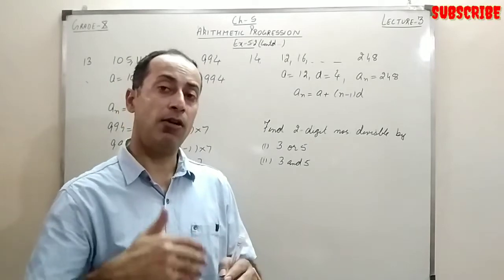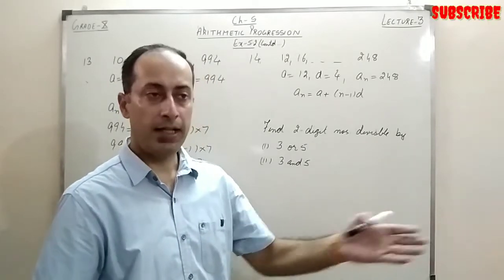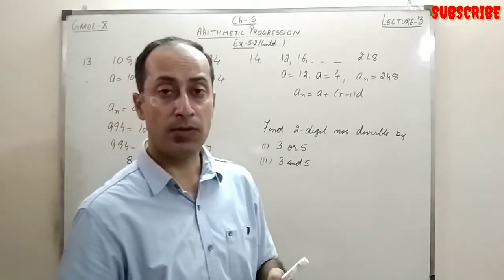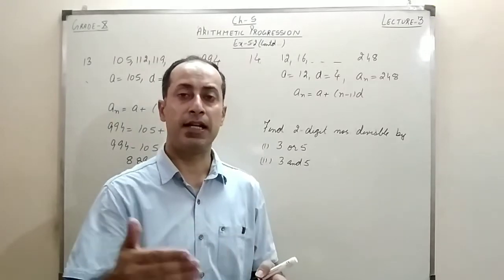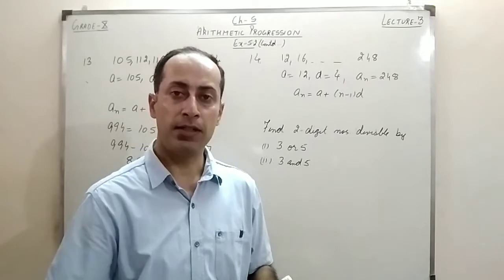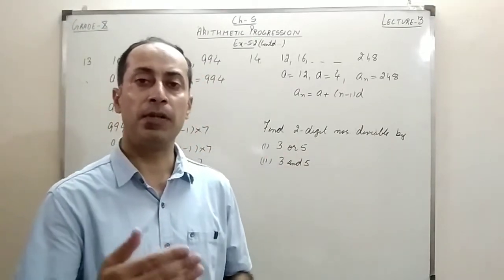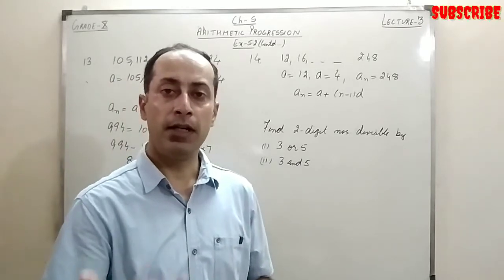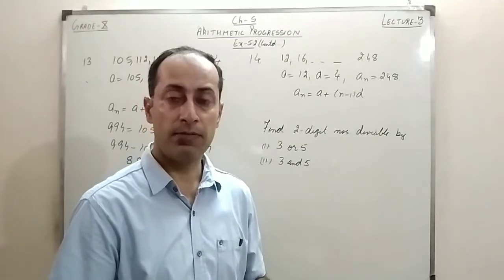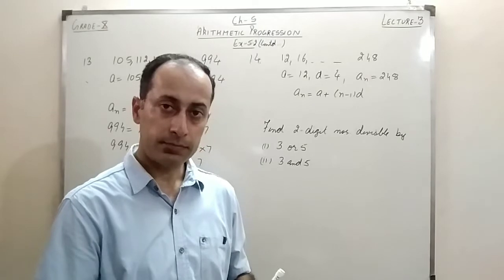It means I have to find all those numbers which are divisible by 3 or 5. Like if I write the sequence for the numbers divisible by 3, I write 3, 6, 9, 12, and for 5 it will be 5, 10, 15, 20. But 5 will not come because we are talking about 2-digit numbers, so it will be 10, 15, 20, and in the same way for 3, we will start with 12. So 12, 15, 18, something like this. This is an OR, right?